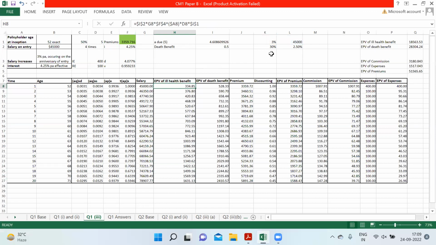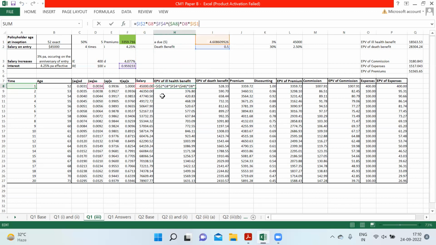So first we'll calculate the value of annuity certain for 5 years, which is nothing but 1 minus (1 plus i) to the power minus 5 divided by d, which is 4.07, because it's an annuity payable in advance. So we calculate this, and